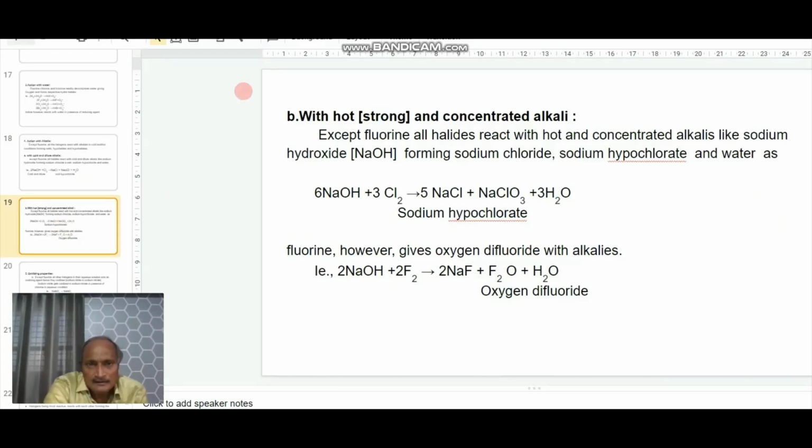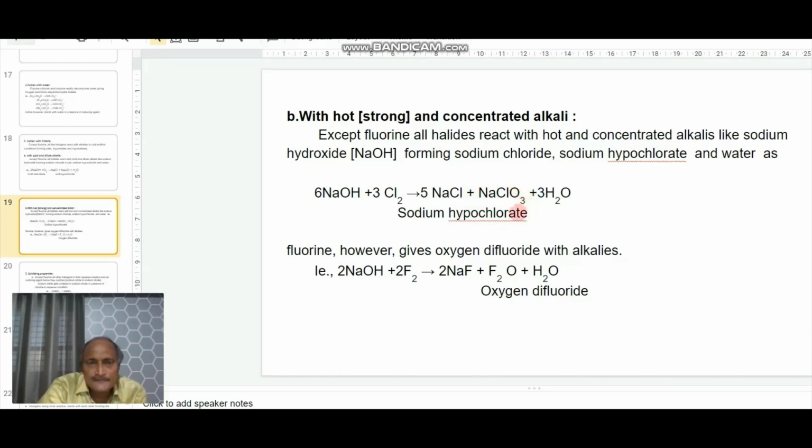That is, with hot and strong alkali solution. Except fluorine, all halogens react with hot and concentrated alkalis like sodium hydroxide, forming sodium chloride and sodium chlorate. As I have told earlier, alkali with halogens under cold and dilute condition forms respective hypochlorites, and again the alkalis with halogen under strong and hot condition form respective